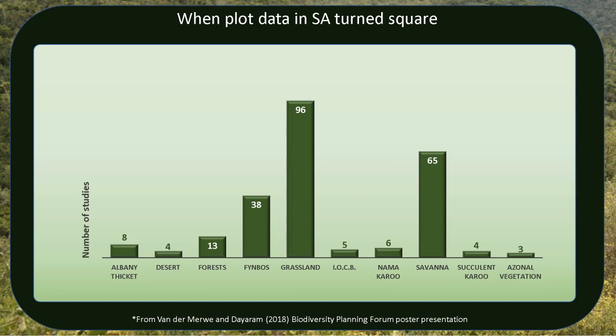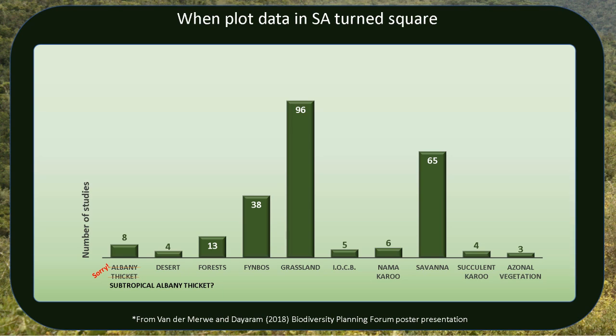The other thing that we found when we then divided the data across the different biomes is that we have quite a few plots from the grasslands and savannas and not that much from some of the other biomes. And much of this comes from George Bierenkamp and his students' work in the grasslands and savannas. Many of you might have gone straight to the thicket biome, and that might not be all of the studies that's within the biome. So that's something to note, is we might have missed quite a few, but the pattern